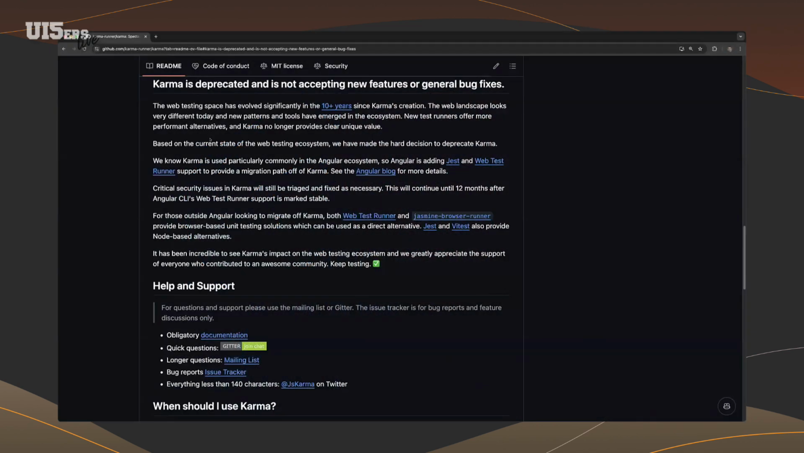Also, Karma said, this is also one thing which I find pretty interesting, that they say the web testing space has now evolved so much in the last years that there are now better tools available, and especially also, and that's what I also noticed, more performant alternatives are available to Karma, which provide a better value. And having said this, today we will have two of the alternatives which could be used as a